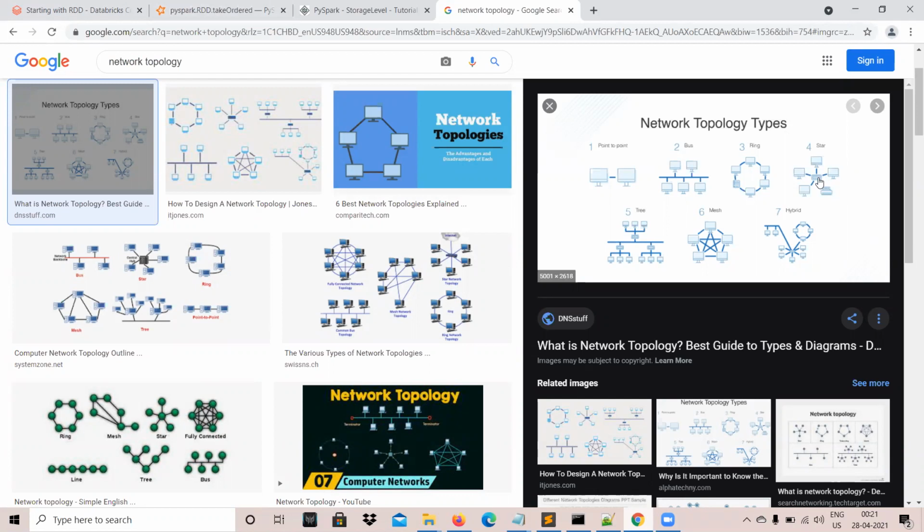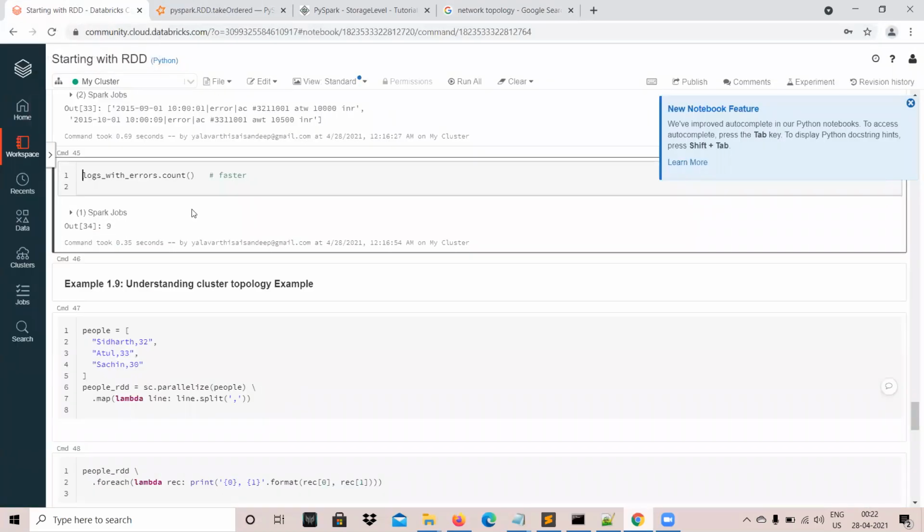If an action returns some value, that return value will come to this particular computer's memory, but the actual computations happen on these worker machines. So to demonstrate that, we have created a very small example.